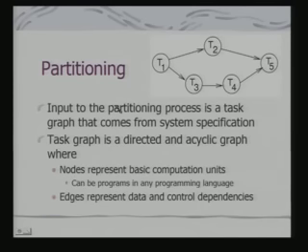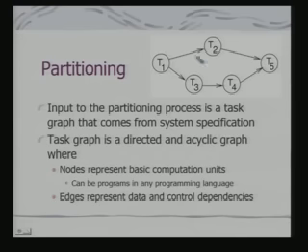For the purpose of partitioning, we look at the tasks and we say that we shall have a task graph. Now, this task graph is very similar to what you have seen as an activity diagram in UML notation as well as task diagram in UML notation, but we are referring to this task graph as an independent representation model. So, input to the partitioning process is a task graph that comes from system specification. Okay? In fact, that system specification we can represent using a variety of tools, using UML tools, and from there we can derive the task graph if required.